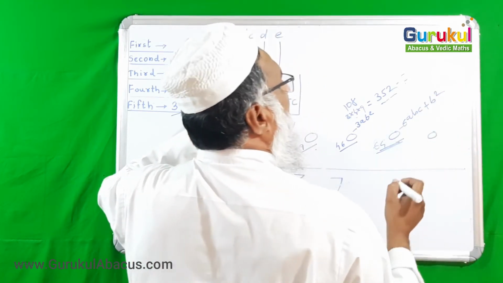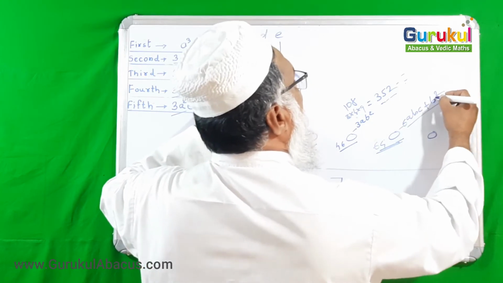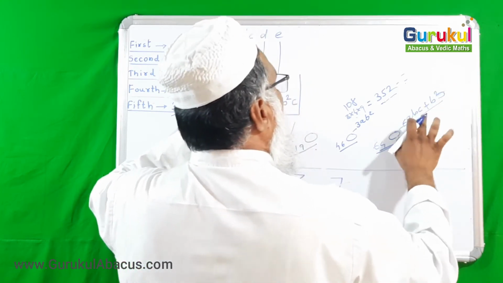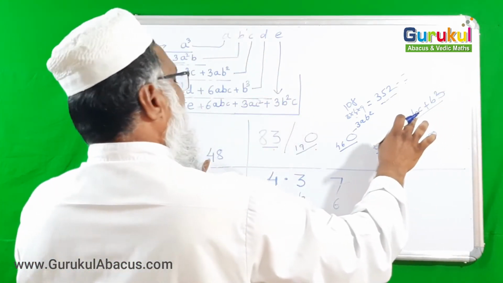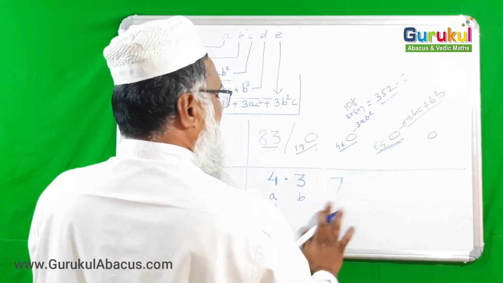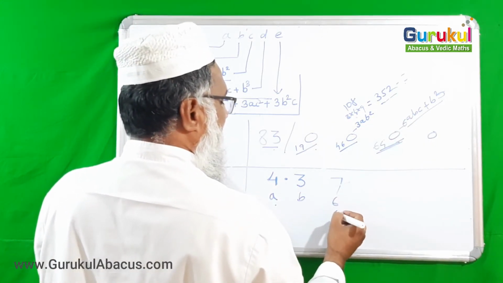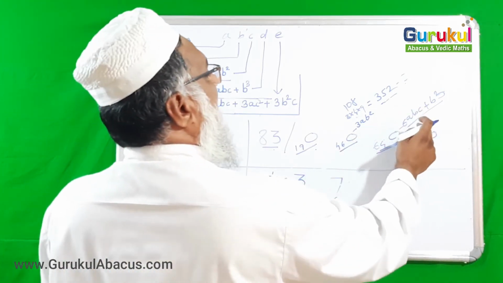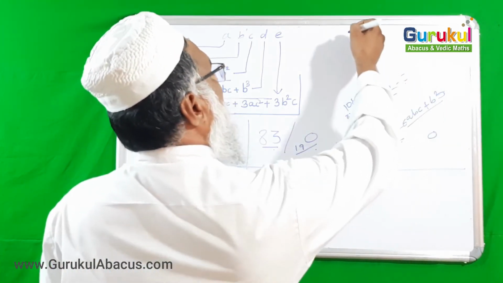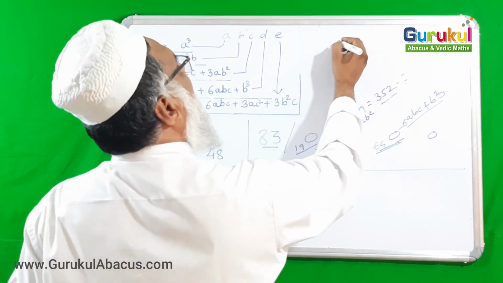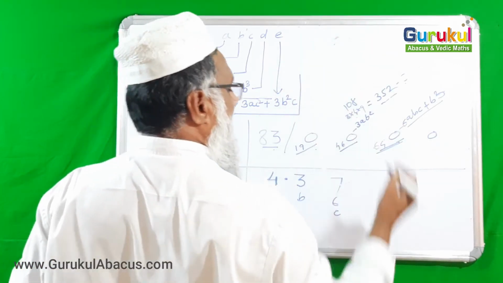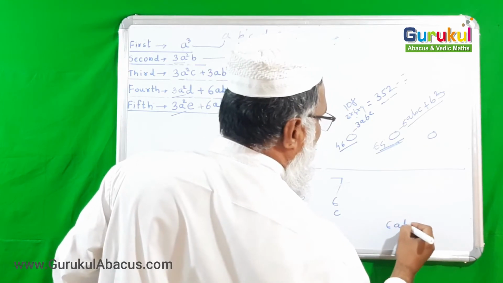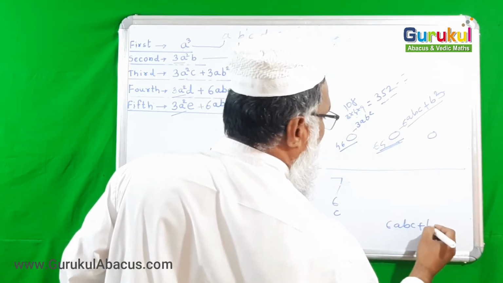From 640 I should subtract now 6abc plus b cube. I should subtract 6abc plus b cube, and then whatever remains I should divide by 48 to get D. 6 is our C. Now 6 has been defined as C. Okay, now let us find what 6abc plus b cube is. Here I will do it, so doing it would be better.